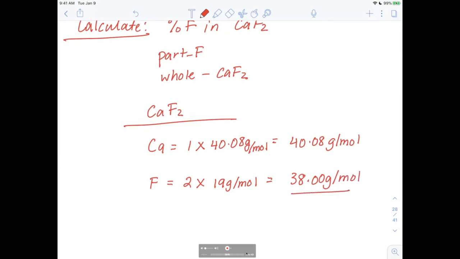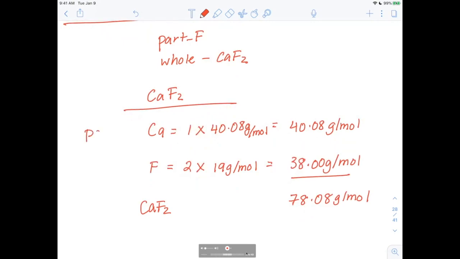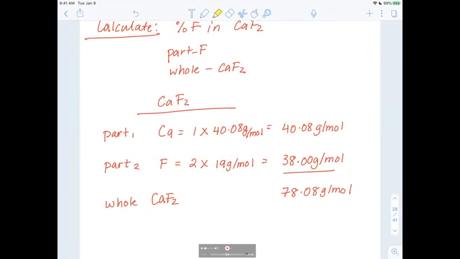Okay, our total calcium fluoride equals, you add those two, 40.08 plus 38.00, and we have 78.08 grams per mole. Okay? Once again, this is our part. This is our other part. I guess if you want, you can say part 1, part 2, and this is a whole. Okay? Since they want us to find the relationship between this part and this whole,